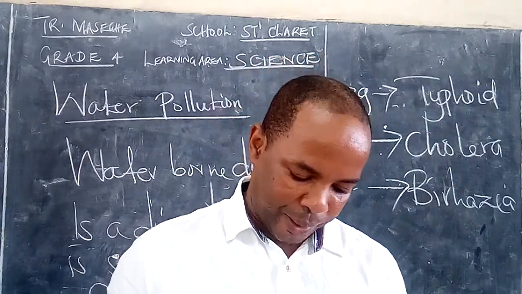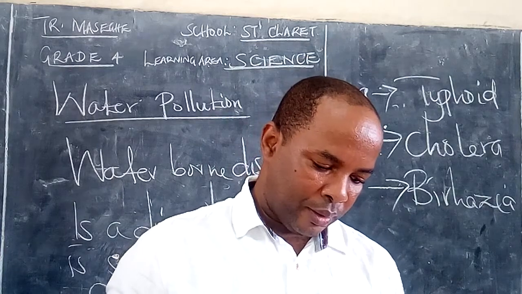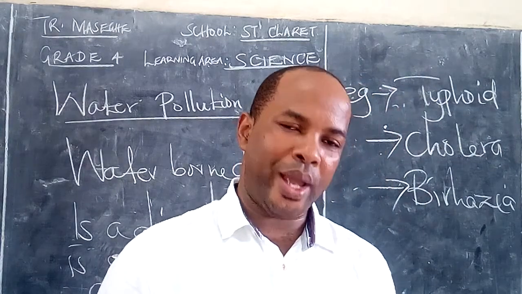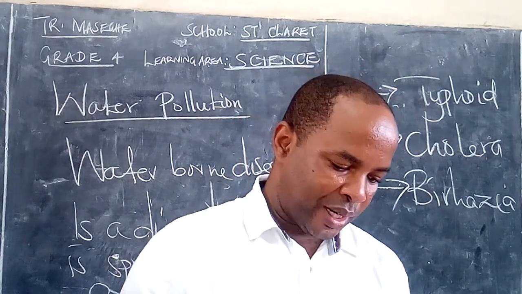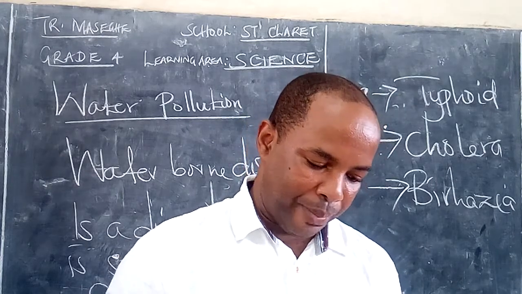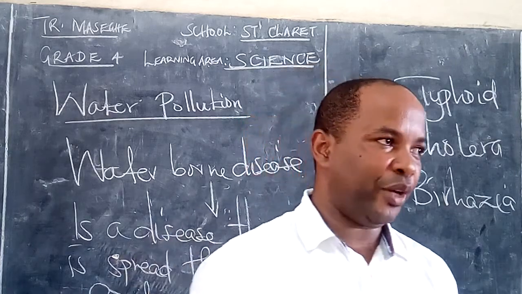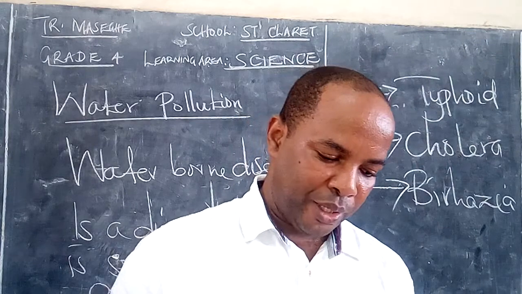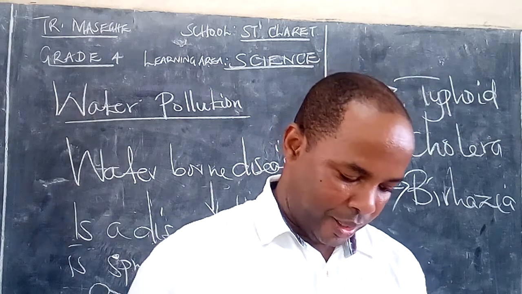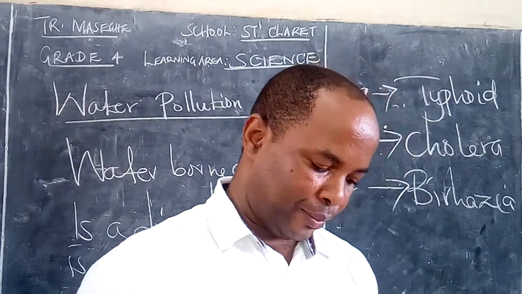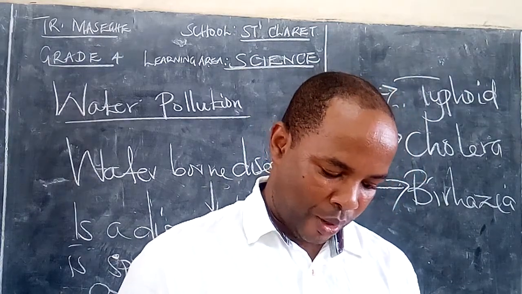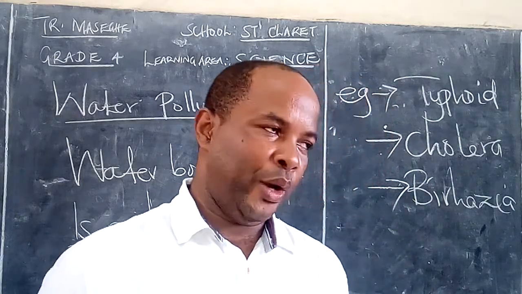On page 59, picture 1, we can say they are flamingos, or call them birds. They are dead. Why are they dead? Maybe they drank water that was contaminated, and as a result they end up dying. Look at picture B. It's also another effect. Plenty of fish dead. Why? Maybe the water was also contaminated, and as a result they died. Look at picture 3. You can see a crab there. Look at picture 4. Effects of water pollution on animals.